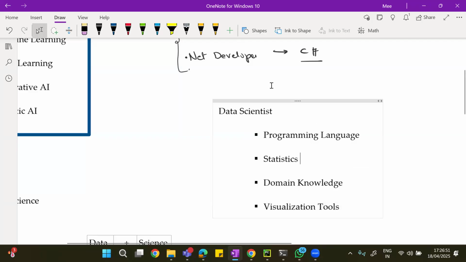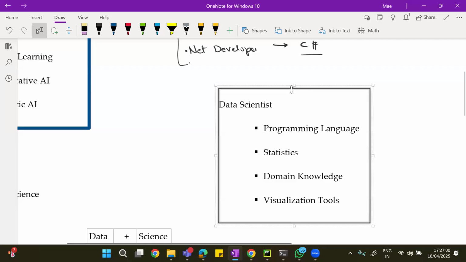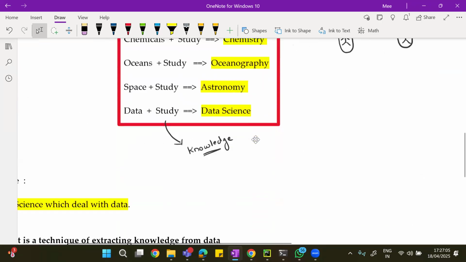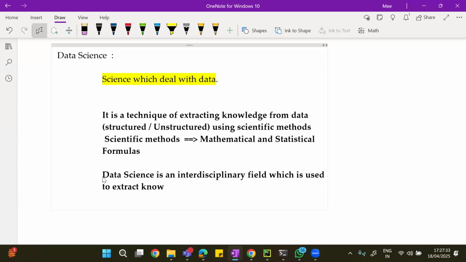So these are the multiple things we require to become a data scientist, or if you want to learn data science or AI. Based on this, I can define it again: data science is an interdisciplinary field which is used to extract knowledge from data. Okay, knowledge from data, it is a multidisciplinary field which is used to extract knowledge from the data, which includes